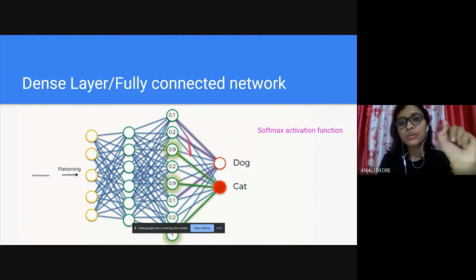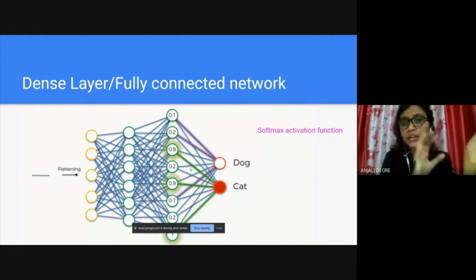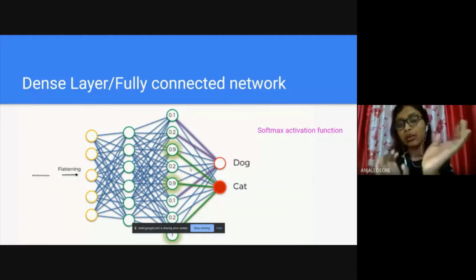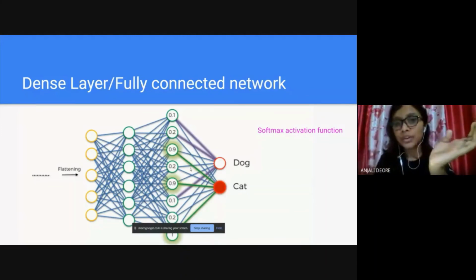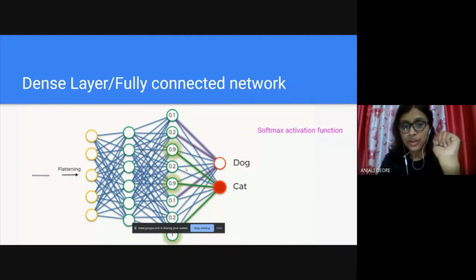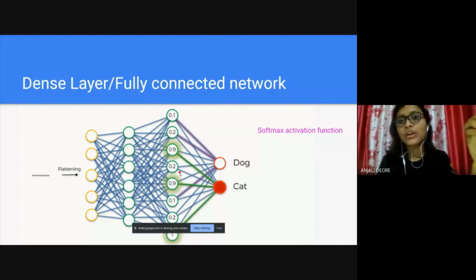Softmax is the only function which takes an input as a 1D vector. That is why we are converting those 3x3 matrices into a 1D vector, so that it would be an input to the softmax function. So the softmax function gives you the probability value, or the value between 0 and 1.